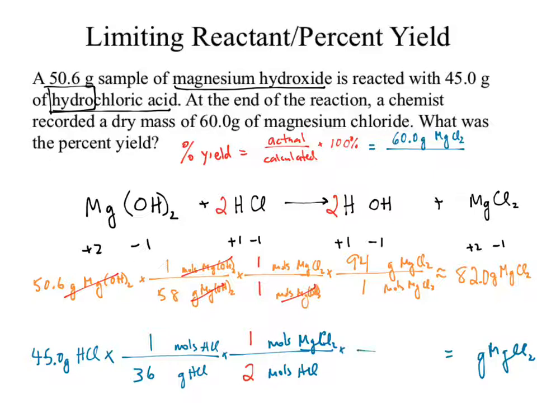I then need my molar mass. The moles of magnesium chloride. Whoops. And I'm converting that to the grams of magnesium chloride. That information is found on the periodic table, or I already calculated it. I can put up the 94. I can then punch this through into the calculator and I get